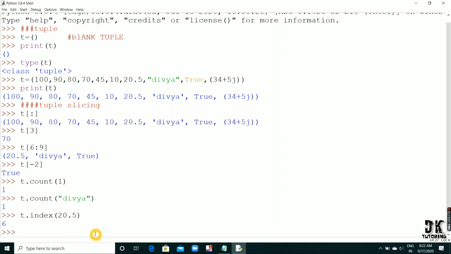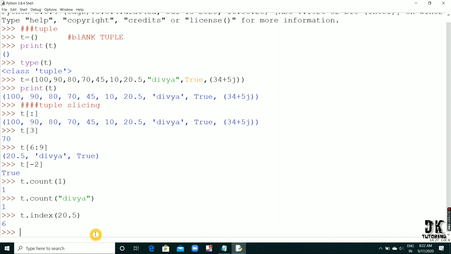So there are only two methods that are associated with tuple, because all the rest of the methods which we studied in list are related to modification of list, but these two methods are not for modification. This just gives me data, giving me value. This is not modifying tuple. All other methods cannot be used in tuple because tuple cannot be modified.